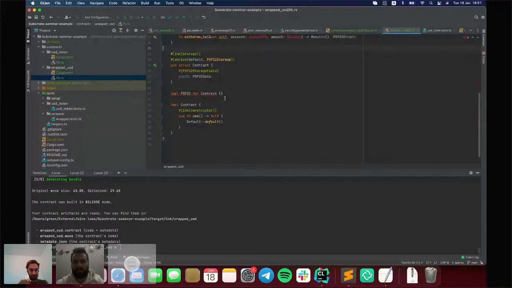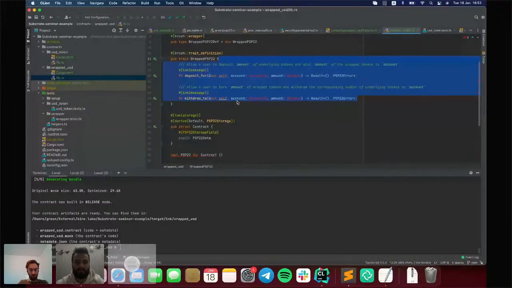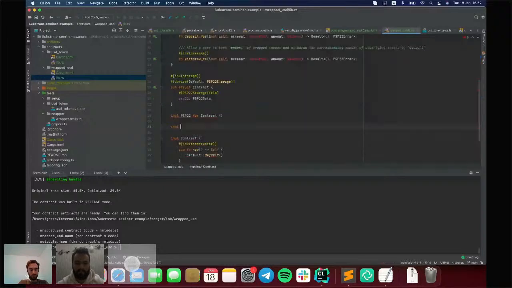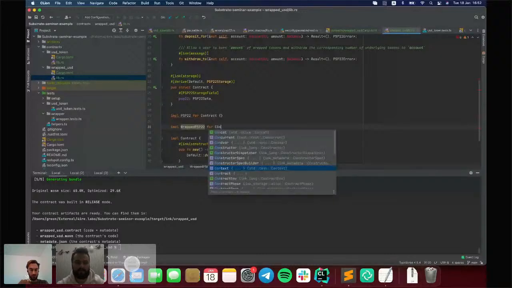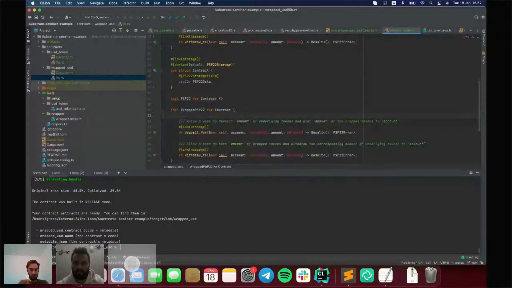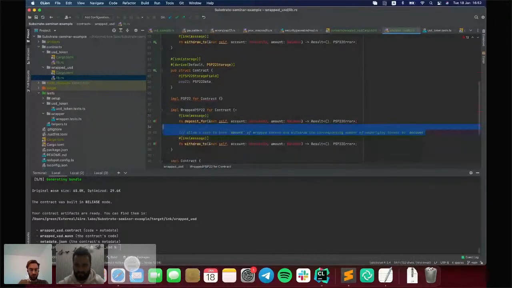Okay, let's implement those two methods. So impl wrapped PSP22 for contract, yes. Let's remove comments.